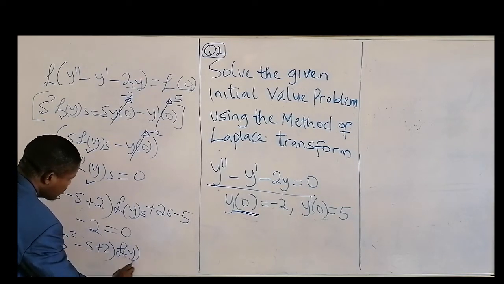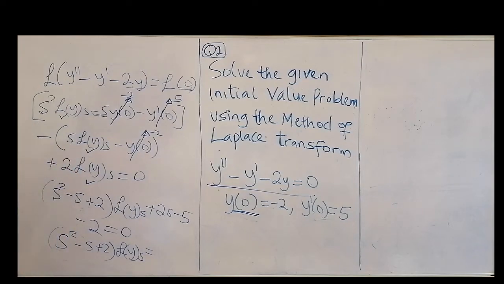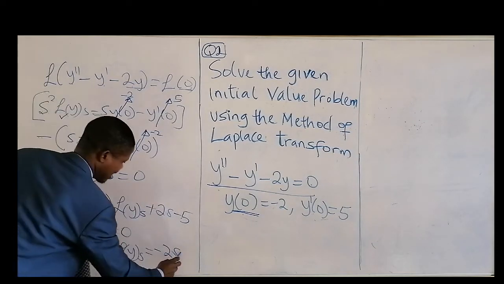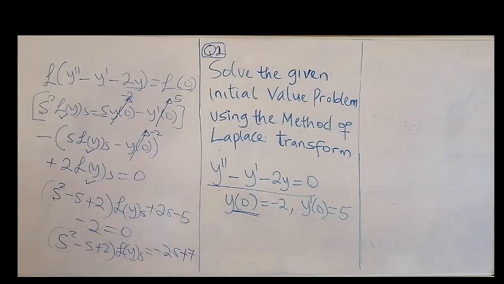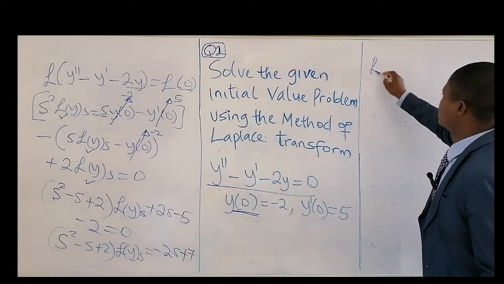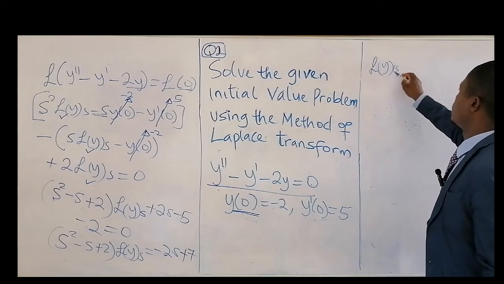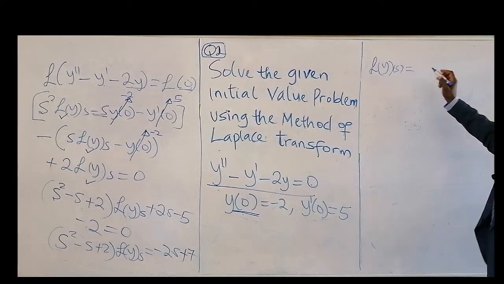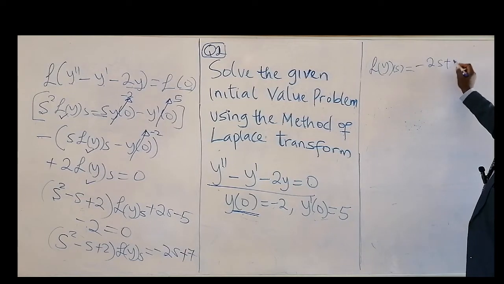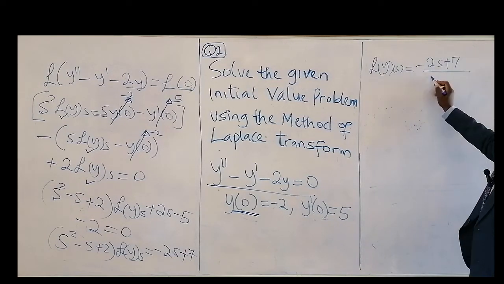Laplace of y equal to, move this one to the other side, and then minus 5, minus 2, that's minus 7. Take it to that side, that's plus 7. So we can make the Laplace the subject, and if we do that, we have this over